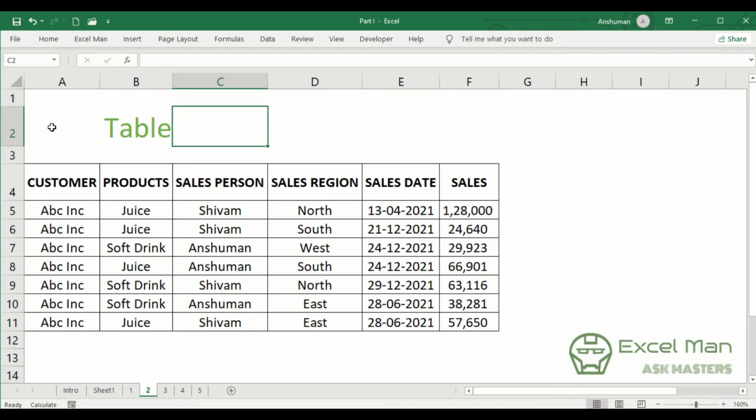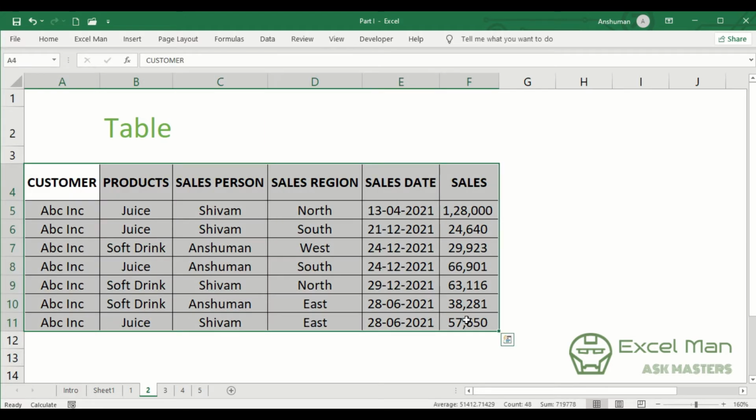Another Excel tool that you can use to do your work fast is the Excel table. As you can see, currently on our screen we have a data set, but this data set is managed in table form and is not an Excel table. The reason being that the features and rules of an Excel table are not yet applied on this data. Whatever I want to perform on this data, let's say if I want to sum up the sales done by these people, or do the average or anything else on this table, I have to use an Excel function.